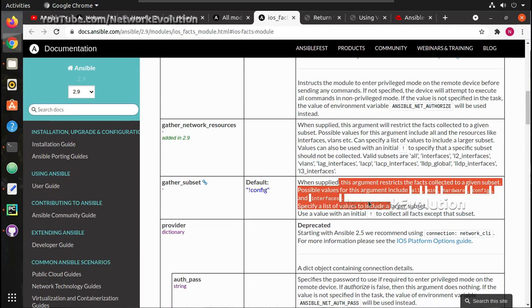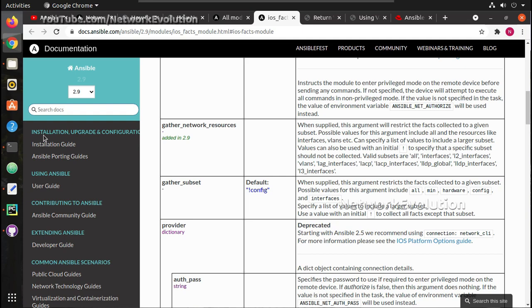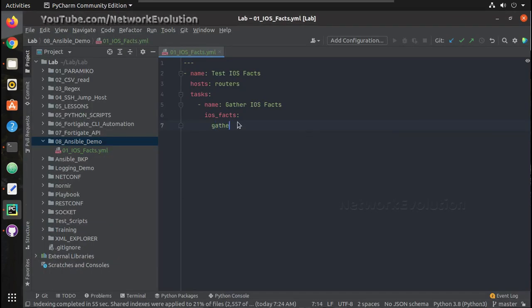So this will try to get all the subset values. We'll verify that once. Gather subset, I'll give all. And now if you want to save this gather subset to a variable, what we can do is we have